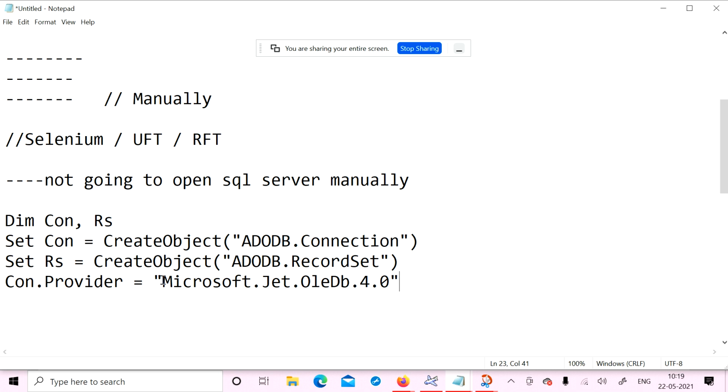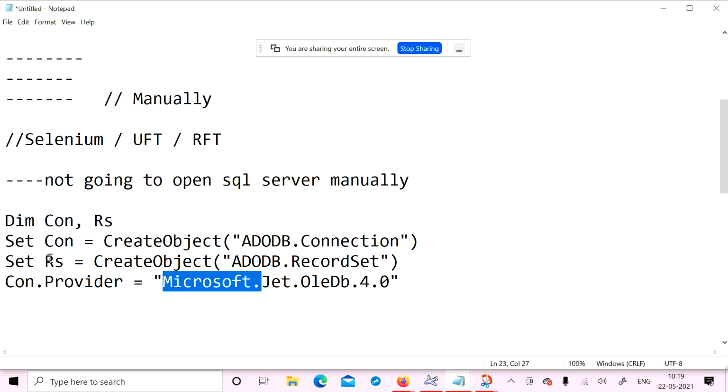If it is SQL Server, I will tell you. Whenever we are working with an automated tool, I will tell you. Coding is very, very easy if you understand. If you memorize everything, it's very, very difficult. Just try to understand, don't memorize. If it's some syntaxes, no problem, you can memorize them. Otherwise, don't memorize everything. Observe how I am going to write; easily you can write the coding.